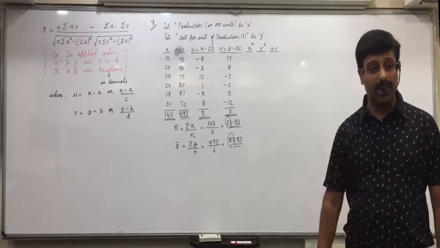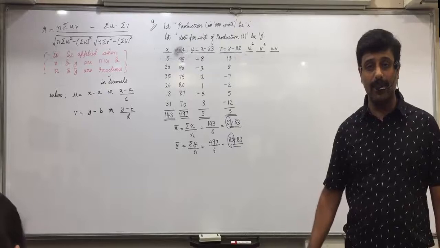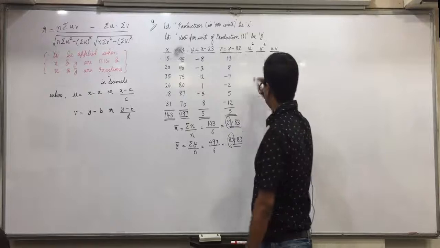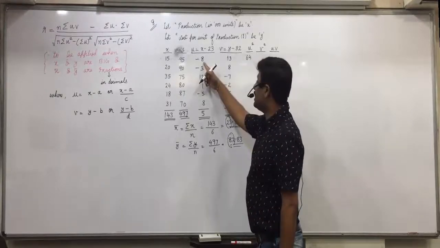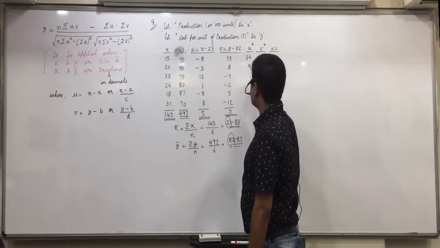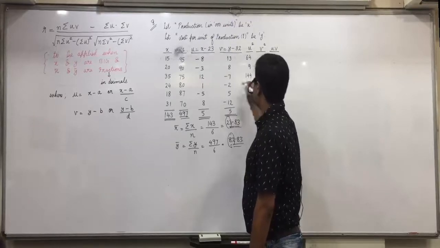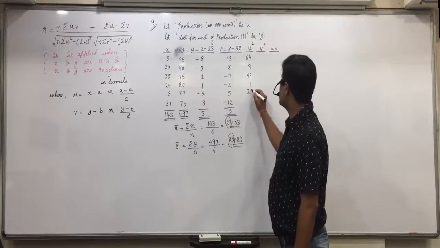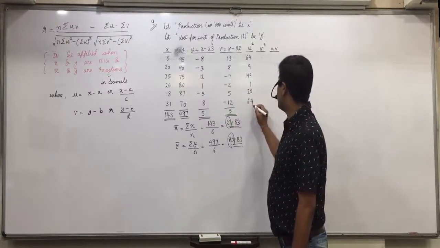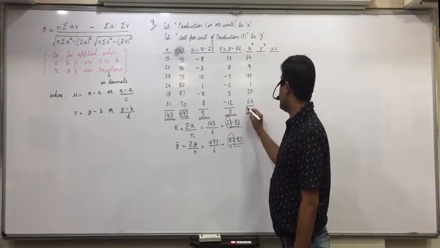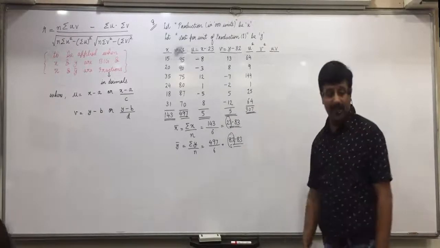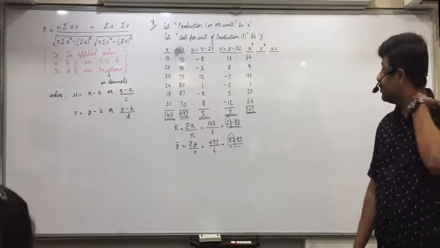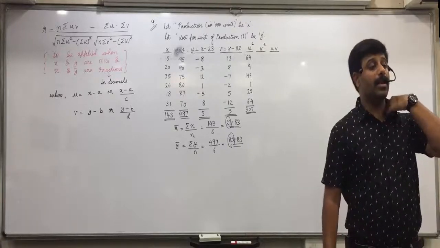Now further workings you will be able to tell me? Yes. U square, v square and uv. Okay? So, Pruta, u square. 64. Yes, minus 8 square 64. 9. Minus 3 square 9. 144. Minus 12 square 144. 1 square is 1. 25. 5 square is 25. 8 square is 64. 307. You are using the memory functions, everyone? Who all are using it? Raise your hand. Good. Now, v square, Aryan.